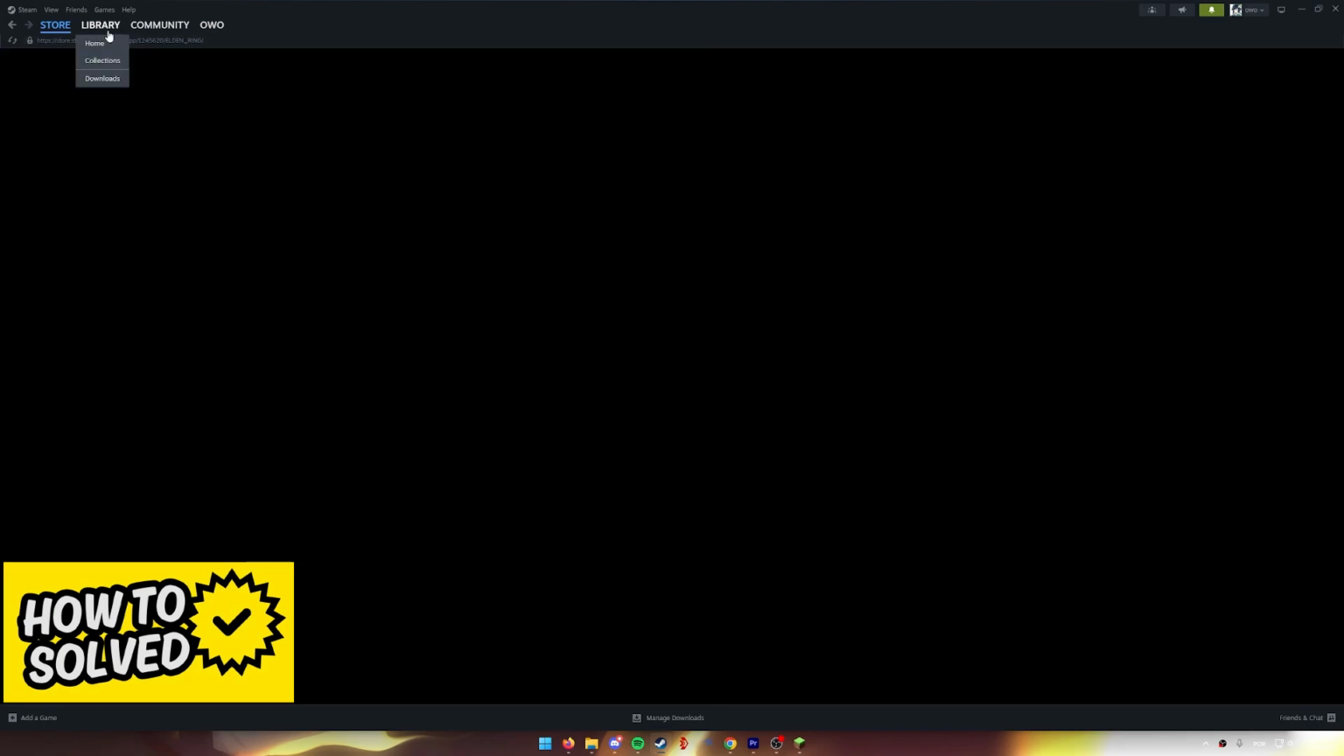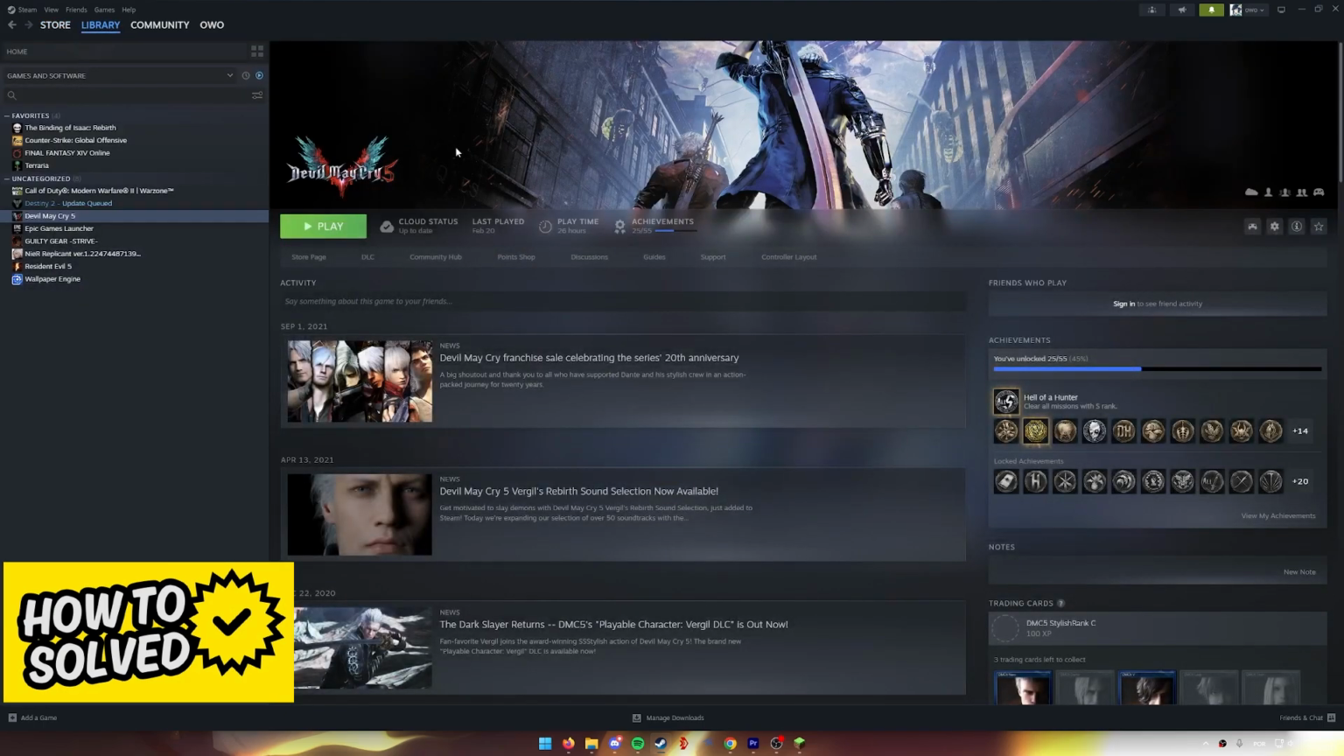In order to ensure that your PlayStation 4 controller is working if you are having issues, what you have to do is first go to your library and select Elden Ring. You will notice that I don't own Elden Ring at the moment, so I'm going to teach you how to do this process by selecting Devil May Cry 5 as an example, but this will work as long as you